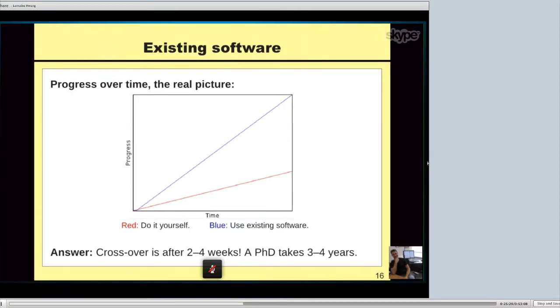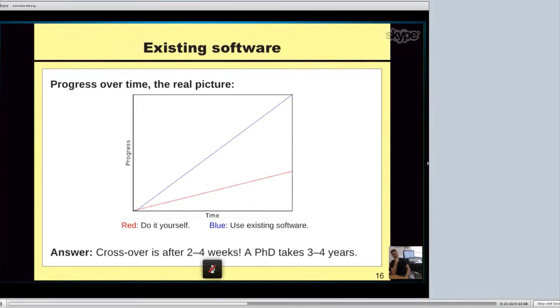And so after 2 or 4 weeks, that's when they have a project together that actually can solve something realistic already, that is further along than where they would be if they started from scratch. Now, if you take into account that a Ph.D. takes, let's say, 3 to 4 years, and I think the time of a Ph.D. is more or less the time of the projects that we typically deal with, then the picture that you get